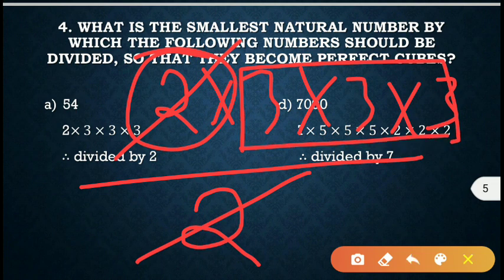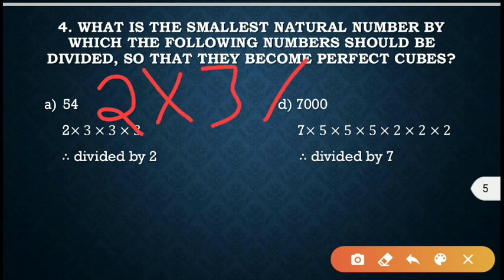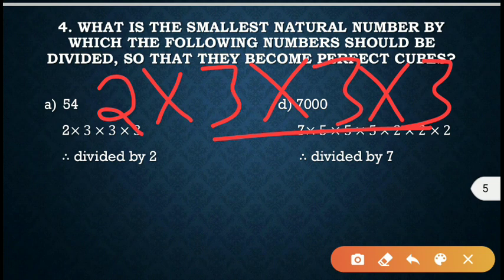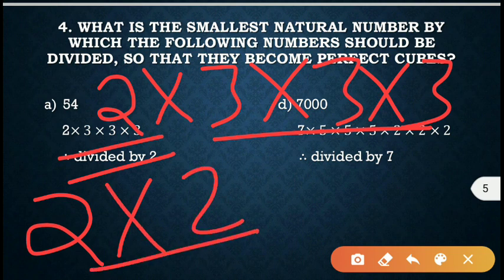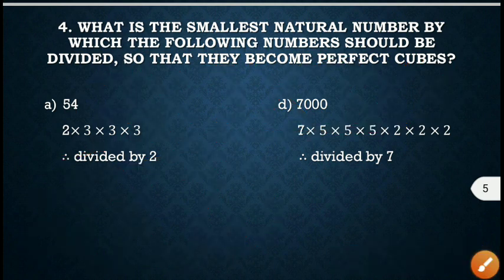Suppose in the same question, if the question was what number we have to multiply to make them a perfect cube, what will be our answer? Here 3 is in the perfect cube, only one 2 is there. For making it a perfect cube, we need 2 into 2. Why? Because when we multiply 2 into 2, this will become a pair. Means if the question was like that only, that which number we have to multiply here, your answer should be